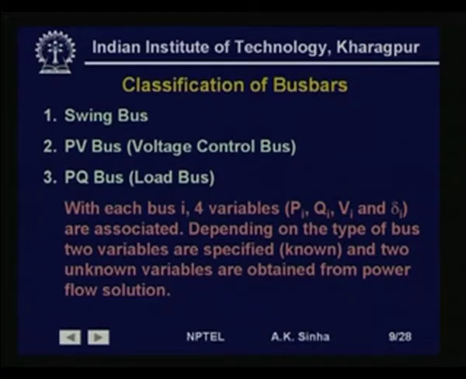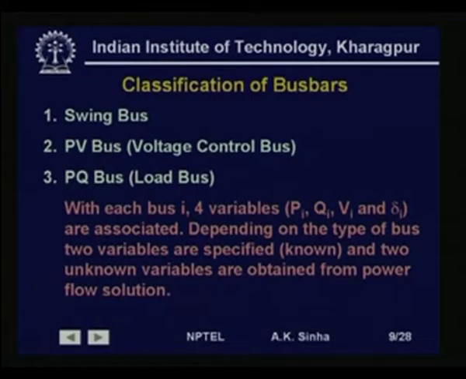So, therefore, we see that we have 4 variables associated with every bus: the real power injection and the reactive power injection, because if we know the generation and the load at a bus, we can subtract the load from the generation to get the injection. So, we have real power and reactive power injections known at the buses. The other variables are voltage magnitude and angle delta. So, P I, Q I, V I and delta I are the 4 variables associated with each bus I in